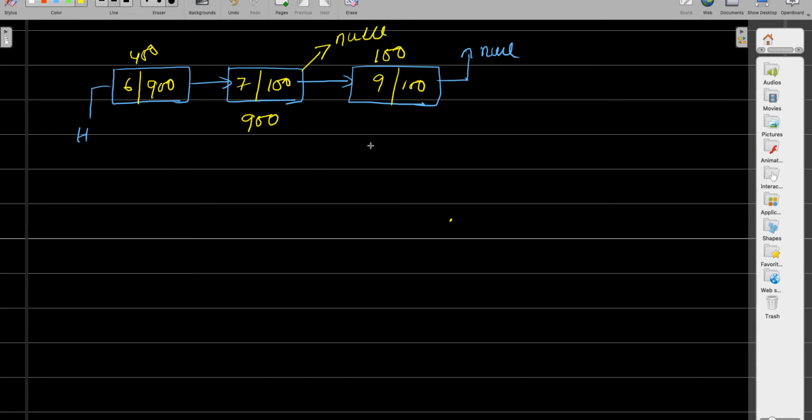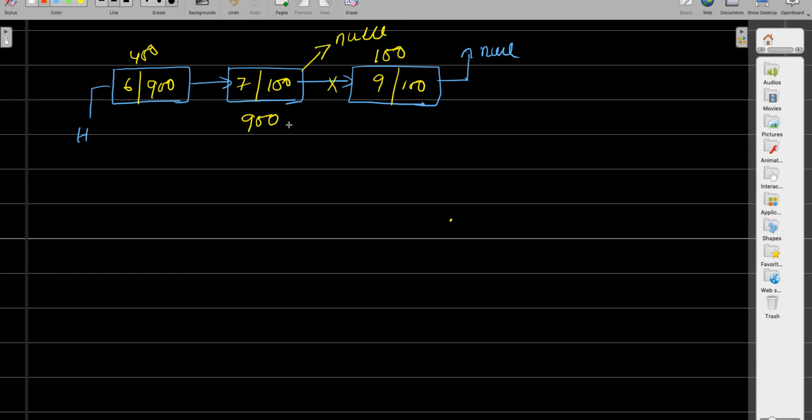So automatically this connection will get removed. So think about the logic, how we should approach the logic, right? First we have to store the reference of the node previous to the last node, which is this node, right?